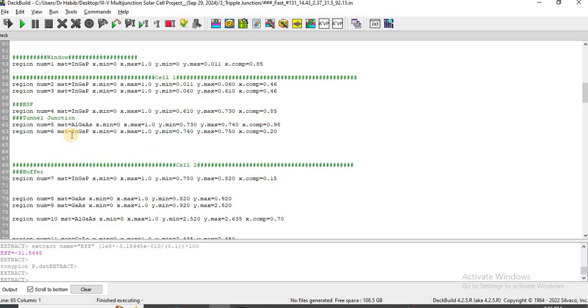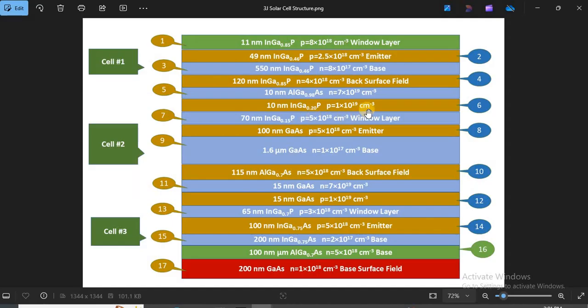And similarly, region number 6 is indium gallium phosphide based with a gallium content of 20%. Both of these layers have thicknesses of 10 nanometers each. Region number 5 is N-type doped with a carrier concentration of 7 × 10^19 per centimeter cube. And similarly, region number 6 is 10 nanometers with a hole concentration of 1 × 10^